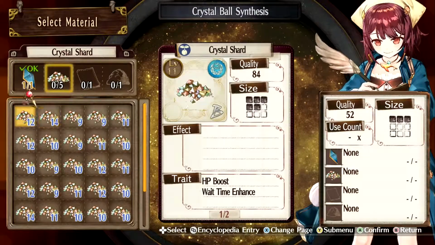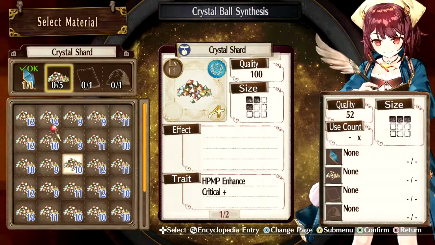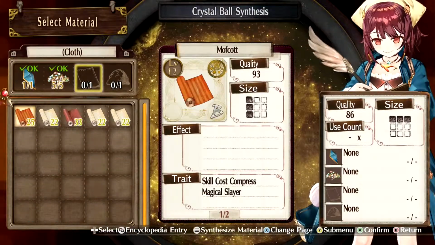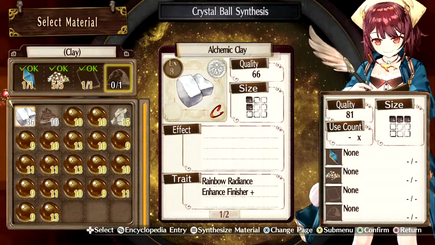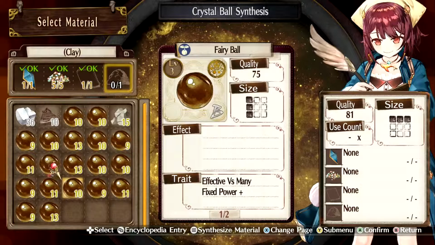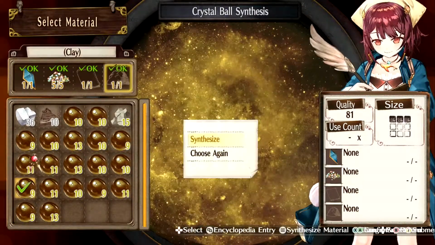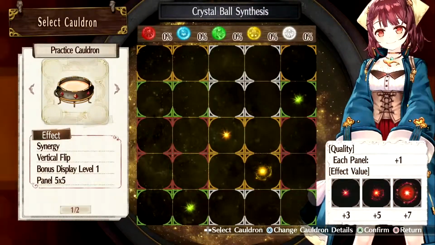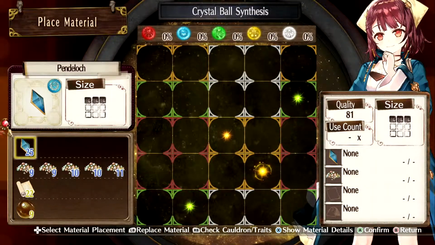They are so much. Let's see here. Let me choose 5 of these. Hang on. Okay, and then we need to choose a cloth. I'm just gonna use whatever I want, and then some sort of clay. We've got the fairy balls here. That just sounds terrible. I'm gonna go ahead and use this one right here. Which cauldron is this? Now, if you see at the top of the right hand